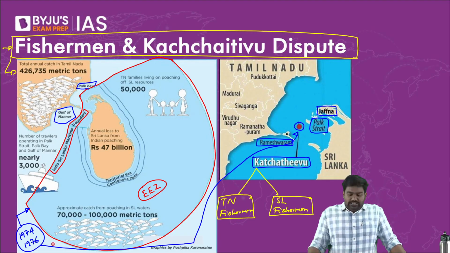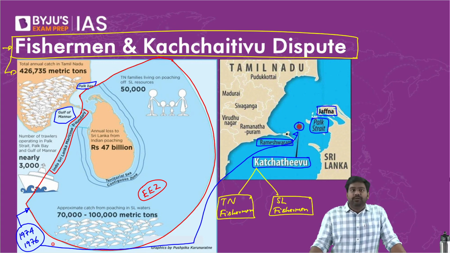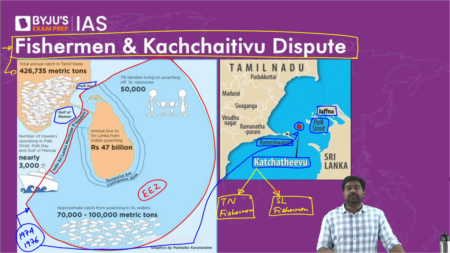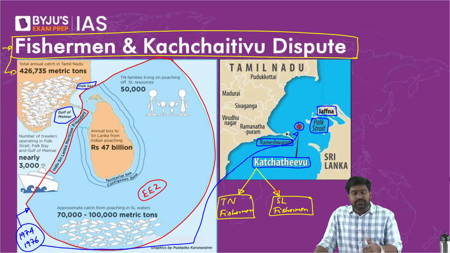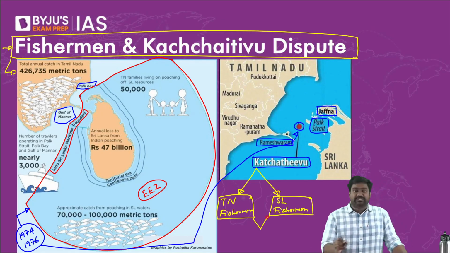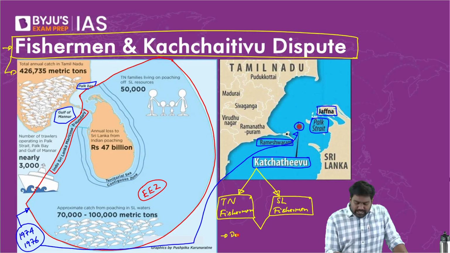So even though Kachativu was under India's sovereignty, right, its status was not completely clarified before the 1970s. Sri Lanka also had a claim on it, just like India had a claim on it, because the island historically has been important for fishermen from both sides, from coastal Tamil Nadu, from the Rameshwaram region, and also for Sri Lankan fishermen from the Jaffna region. For many centuries, fishermen from both sides have been using Kachativu to dock their boats, to take rest, to dry their fishing nets.